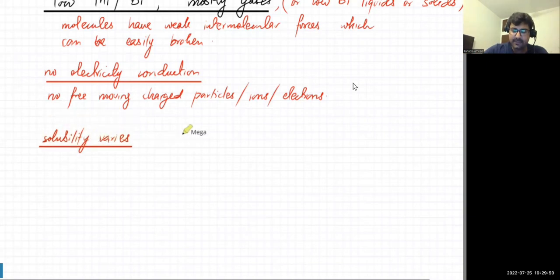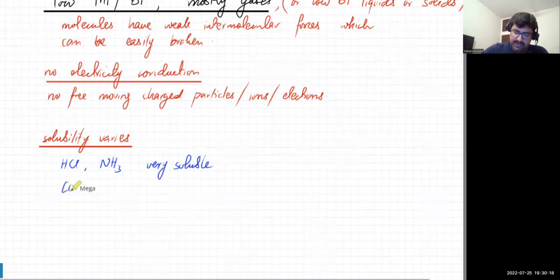So coming to solubility varies in water, I'll write a few molecules. HCl and NH3 are some molecules that are very soluble. HCl is hydrochloric acid, it makes hydrochloric acid, and NH3 is a very pungent smelling gas. And you should also know that carbon dioxide is